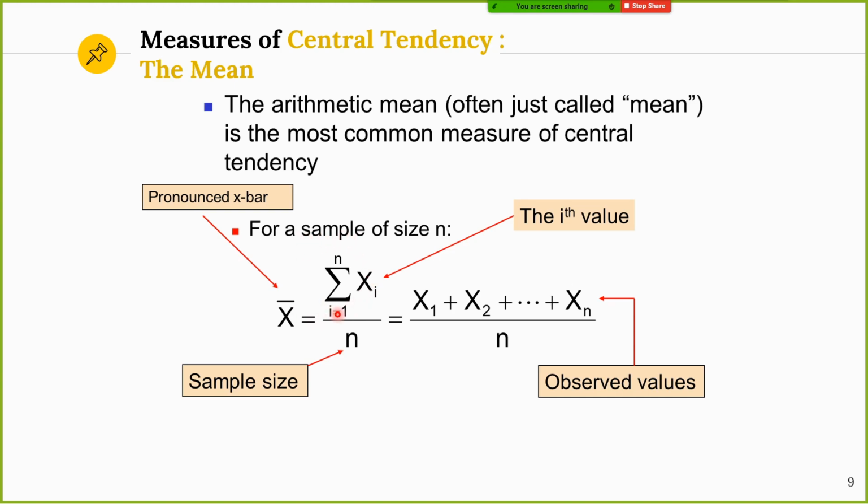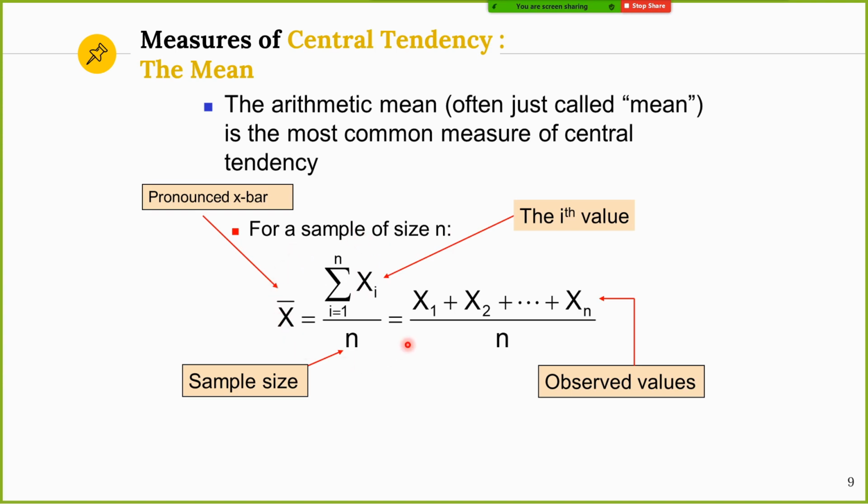And also you have the sigma. Don't be confused. Sigma is only the sum of this x. And you have this n, the sample size that you have. Okay, so I start from one sample up to the n-th sample. You don't know how big the sample is, so you write this n here. So x is the value of the data that you have.